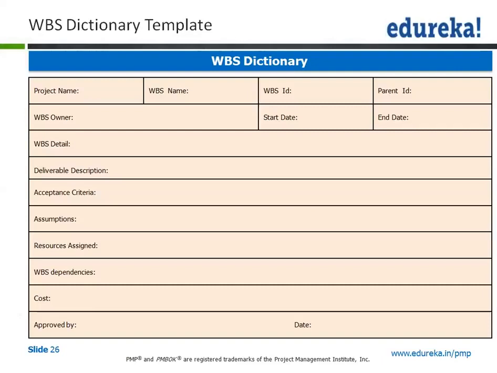So this is what would depend on the WBS dictionary template. So this template is going to start from the create WBS exercise, the create WBS process, and will be continued for a lot of other processes. This would be serving as an input to various processes.